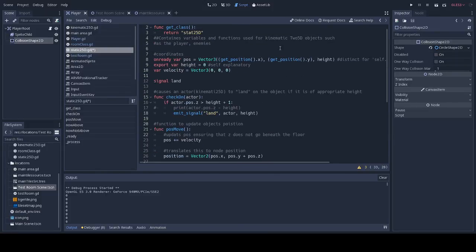And to do that, we have to make sure its y is in the range of, is in the bounds of the area 2D. So what we have to do is we have to go